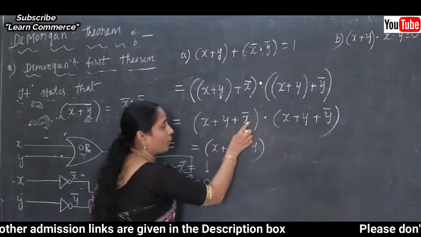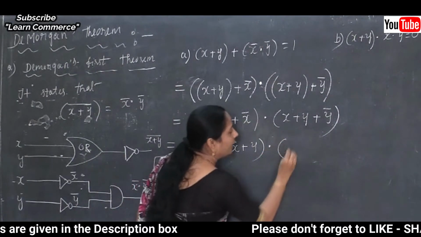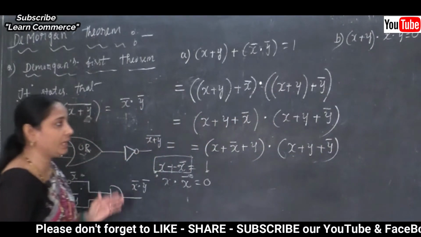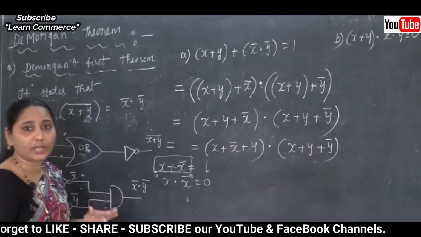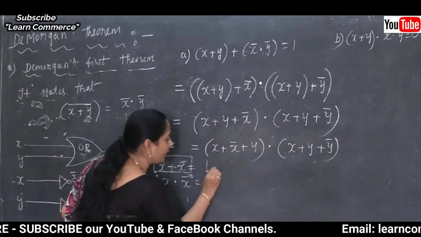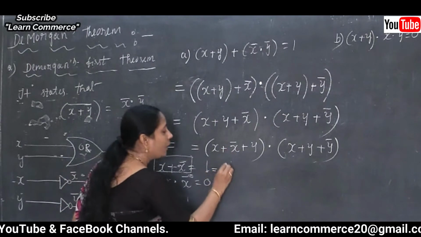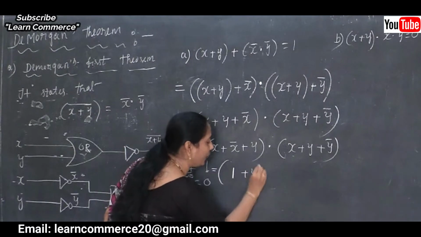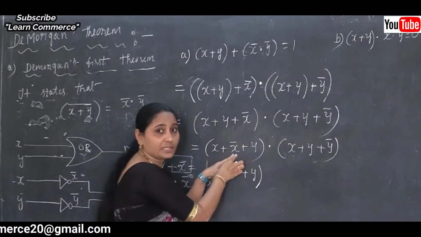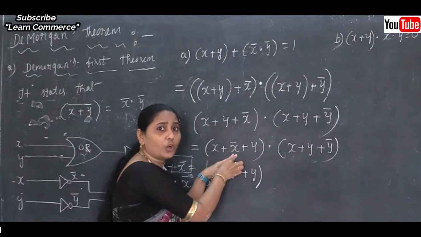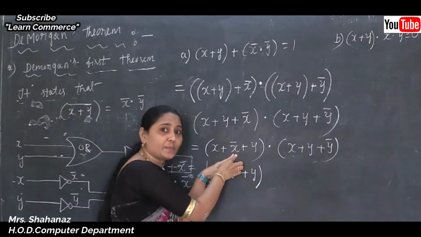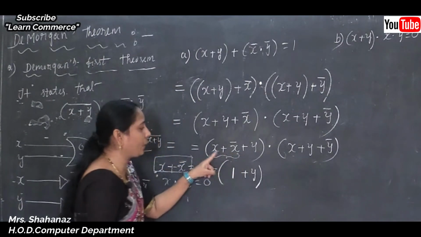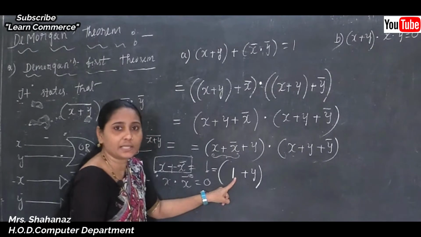So x plus complement of x plus y, and next, x plus y plus complement of y. There are no changes. The variables are in the same order that I take into the next line, and after completing, we know that the value of x plus complement of x is 1, plus y. So when you check the complementarity law, this law states that x plus complement of x is equal to 1. So just by using these two variables, x plus complement of x, the result will be 1.